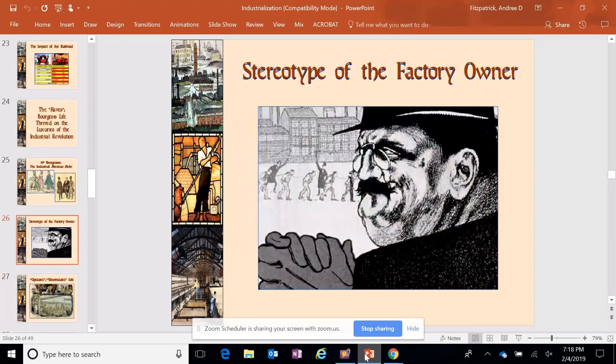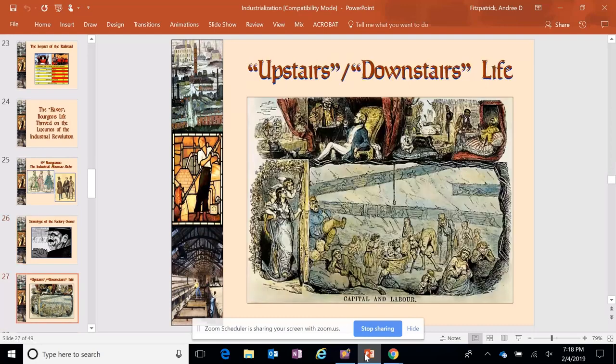Obviously, there's the stereotype of the factory owner, all greedy and only interested in the almighty profit. And so factory work was often likened to slavery in the way people were treated. And so this world developed, often called the upstairs, downstairs life. Any of you that are Downton Abbey fans got a sense of that, looking at the way the service class lived versus the way